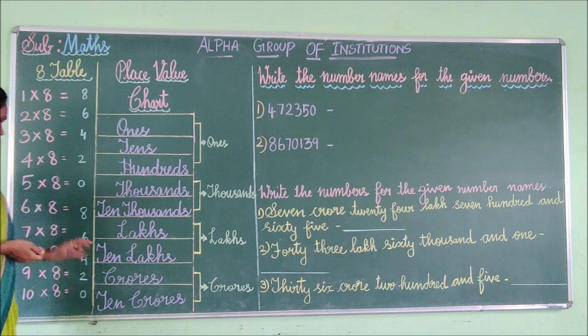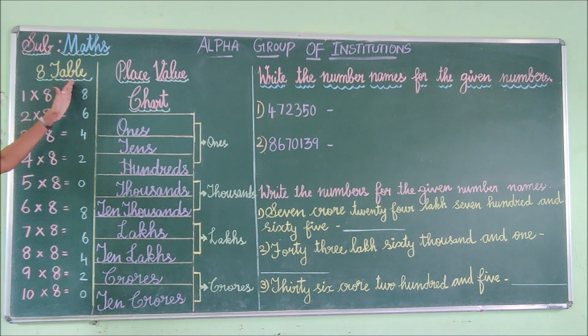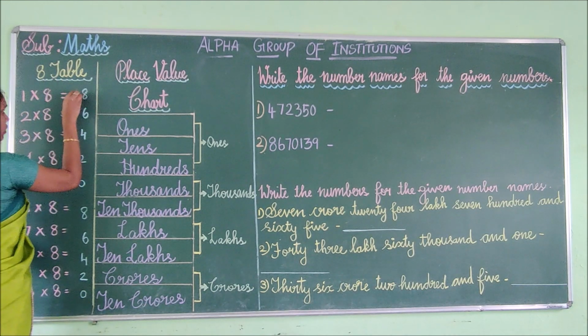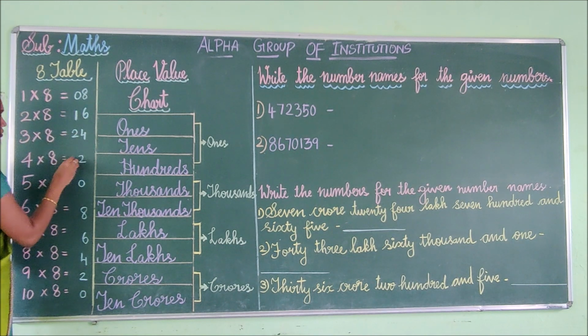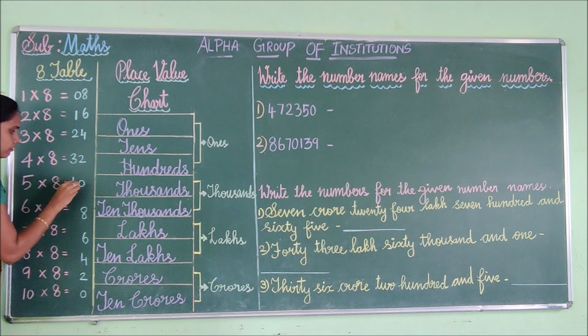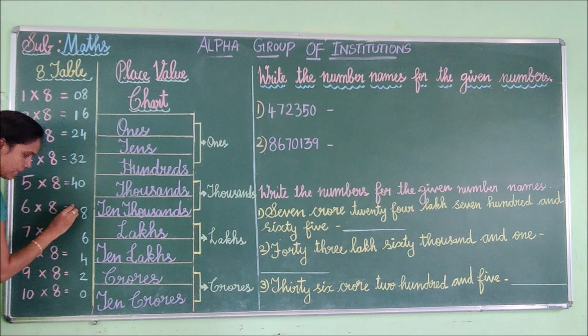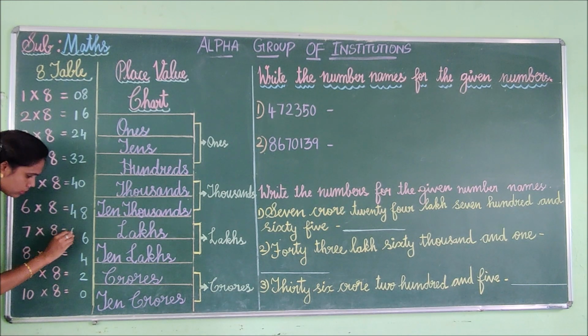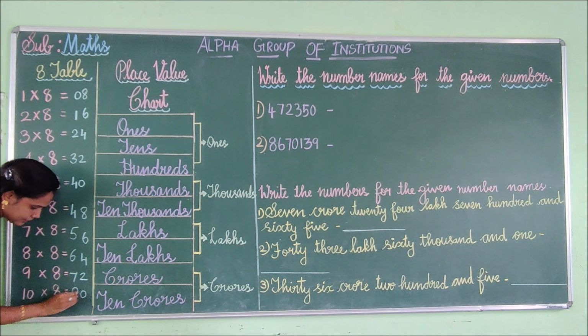Okay children. Fine. Now we have completed the ones place value. Now we are going to fill the tens place value children. See here, I am going to start from the top. 0, 1, 2, 3, 4. Next, up to 5 we have split. Next we have to start again from 4. 4, 5, 6, 7, 8.